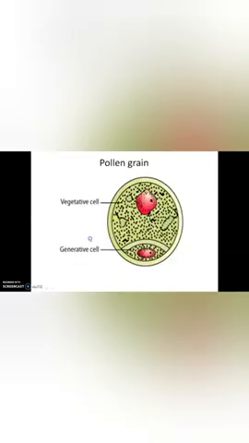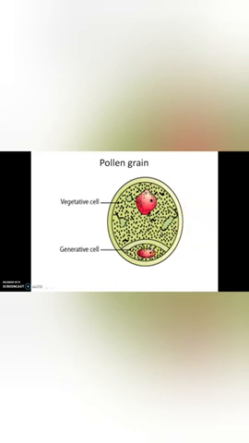I will show you one more diagram. Yeah, it's very clear. So this is a large cell with a large irregular shaped nucleus and vacuole, and it is followed by a generative cell with a spindle shaped nucleus, and it possesses dense cytoplasm. Moreover, the generative cell floats in the cytoplasm of the vegetative cell. Clear, children? So the vegetative cell and generative cell represent the 2-cell stage of pollen grain.